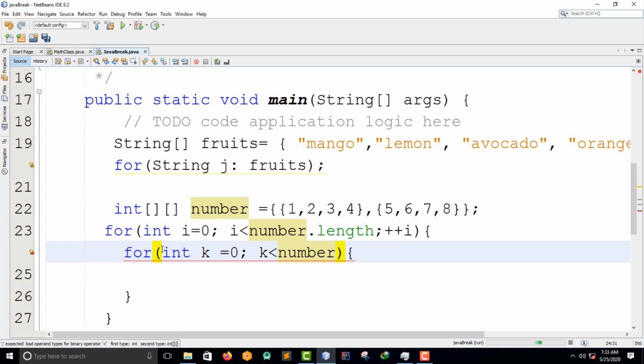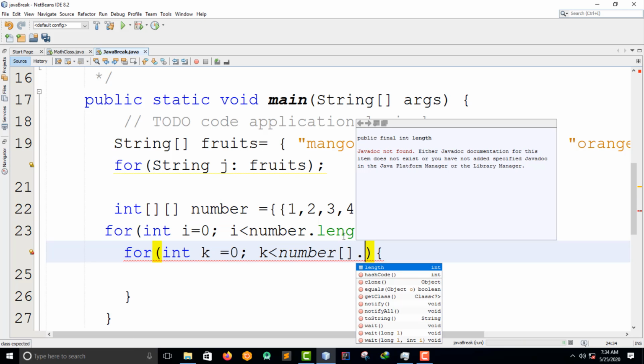The number here is the number of arrays. So for the number of arrays you must put length, because you might have many arrays, but sometimes it's complicated to create a program like that.